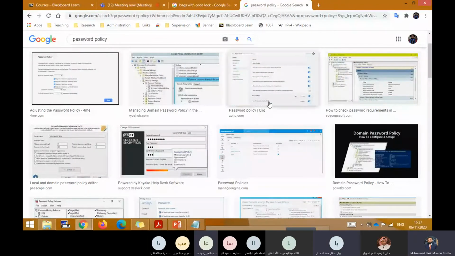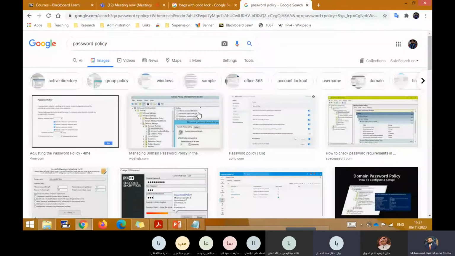Now, this is how you need to see the policy, and then you need to guess the passwords. There can be hundreds or 10,000 for the most common passwords. If you sit and try 10,000 passwords, it will take many hours or even days, which is a waste, and in this way you cannot hack the password.